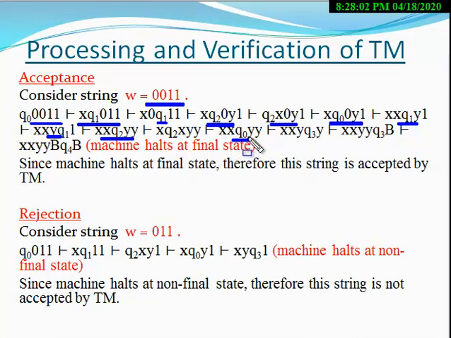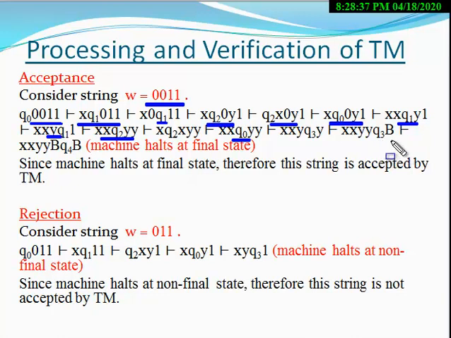Now at the state Q0, as soon as Y appears, the machine moves to the Q3 state. Since all the 0s are converted into X, the machine moves to the Q3 state. Now you have to check whether any 1s remain on the tape or not. So at the state Q3, the machine only moves in the right direction if Y appears in the tape symbol.